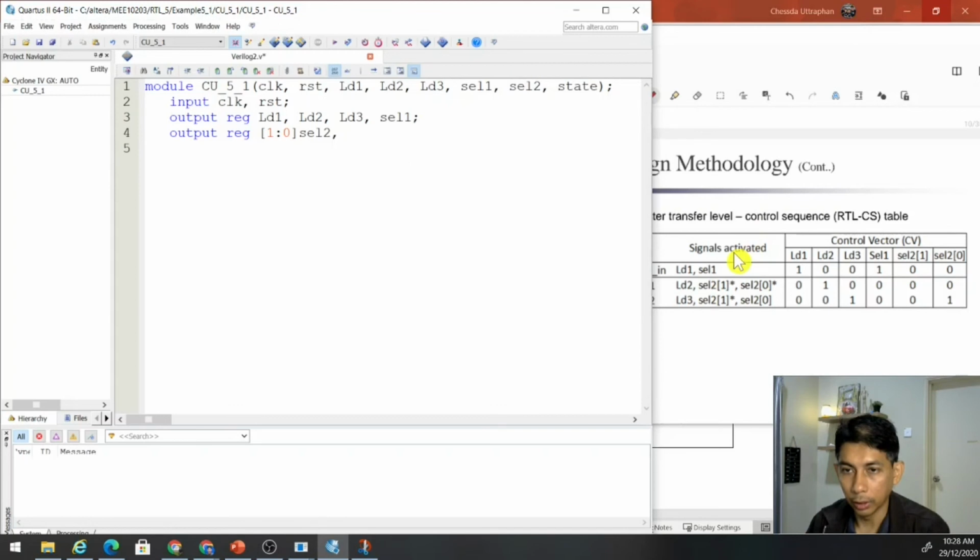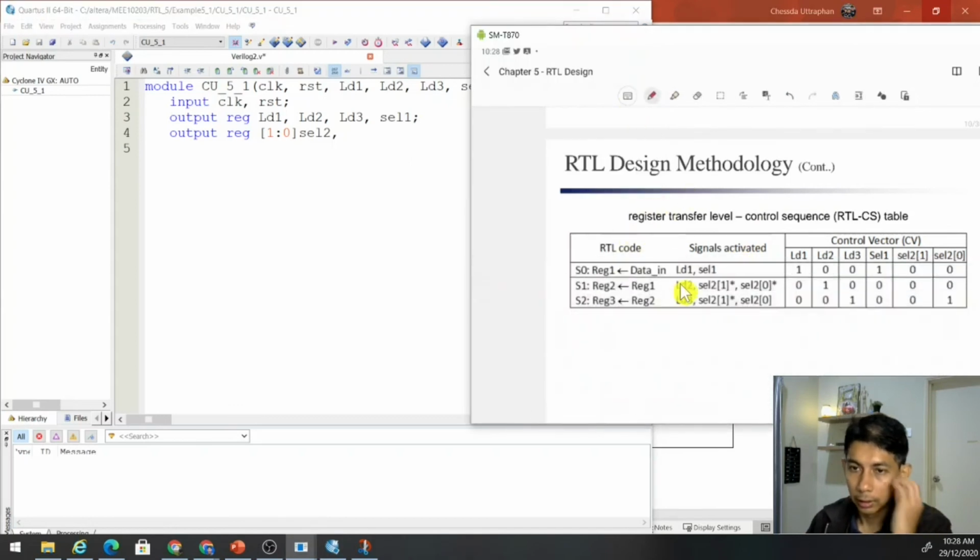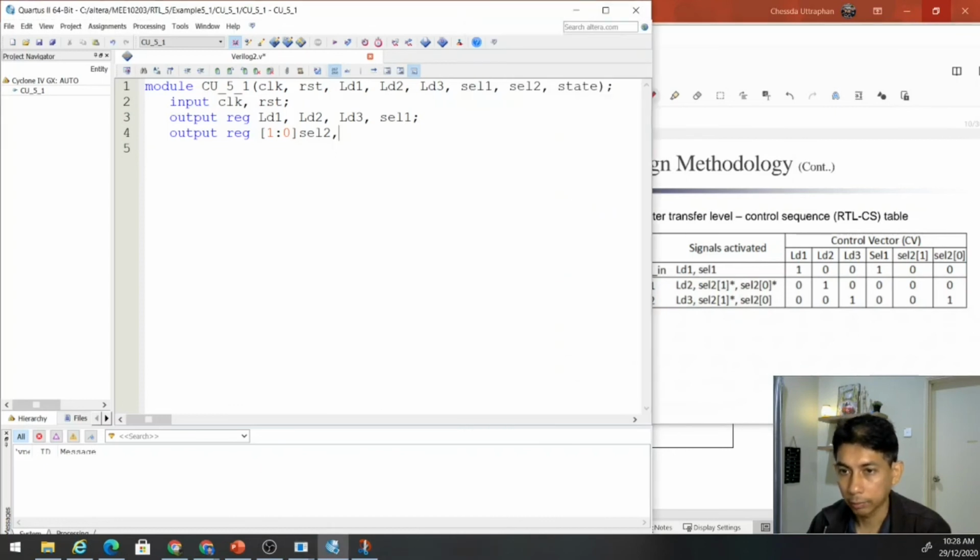All right, so we need to look at this. Here we have how many states? We have 3 states. When we have 3 states, how many flip-flops do we need to represent or to create this finite state machine? So we need at least 2 flip-flops to represent up to 4 states. So here also, this is 2-bit. The state is 2-bit,